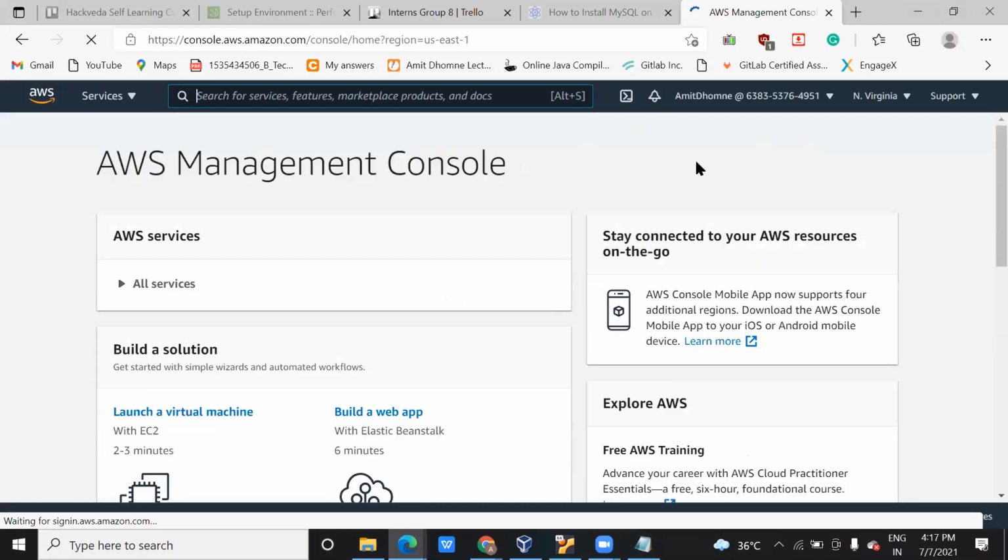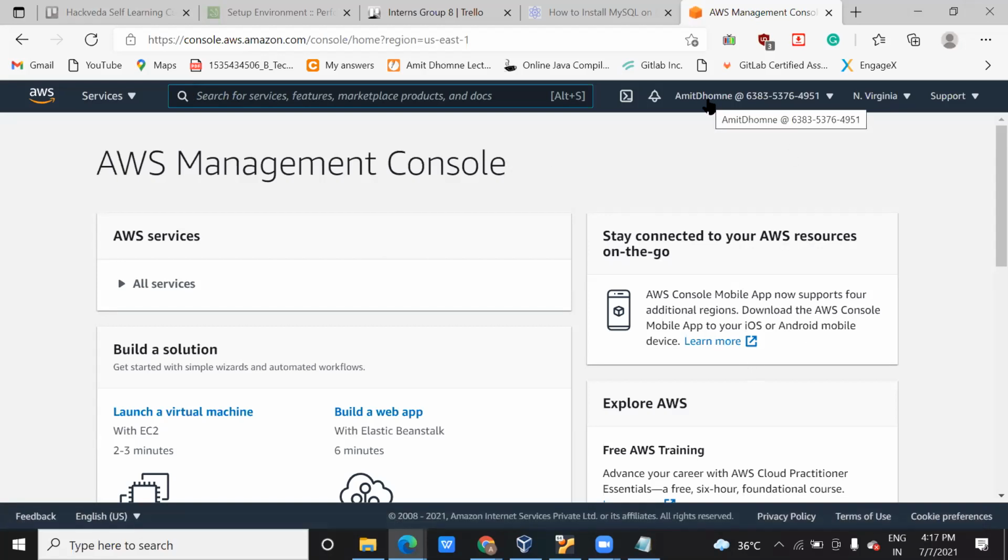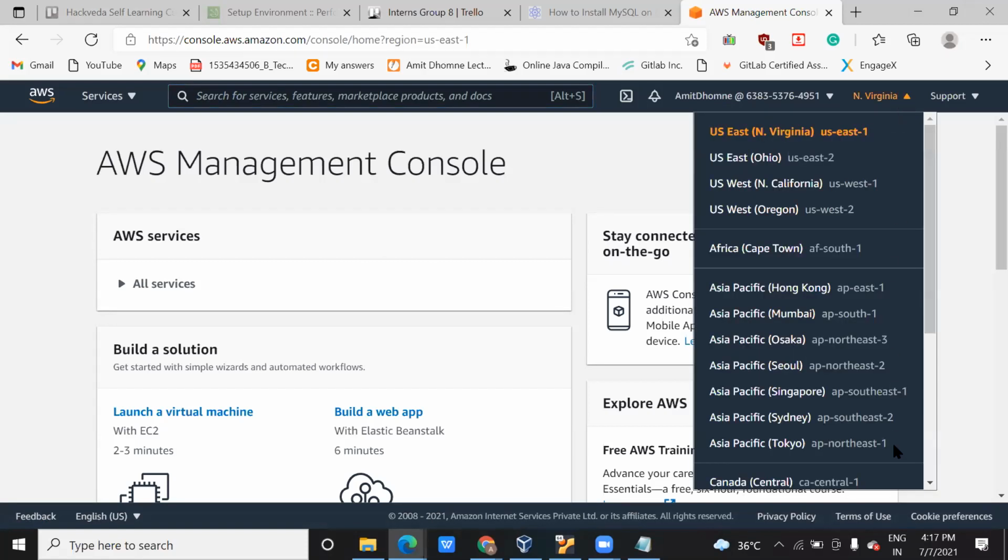We're going to see it step by step, every step I will show you. See, you can get this screen, and it will show your username. Now you can change the region from here. I told you that mostly people use the US East, North Virginia region. Why? From the cost perspective it is costly, but this server or this region is mostly used by everyone. What do you mean by this region?